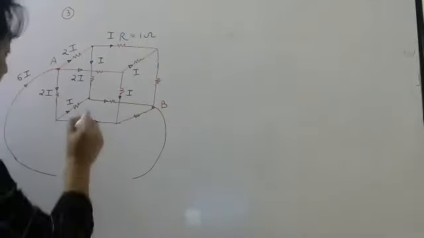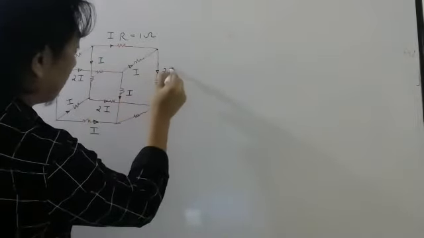I is coming from up, and I is coming from the left side. So how much will go here? 2I. So this will be 2I. Similarly here, no need to write new current, because you know already at this point current I is coming, so this will be 2I. And at this point, I is coming, so 2I.